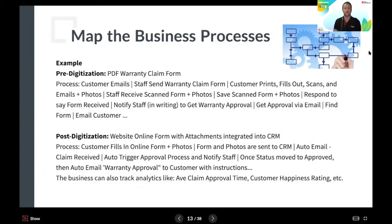All right. The thing to do is to map your business processes. Here's a quick example, and we can change it for the real estate industry. Before, with a tenant application form, or still today, people had to print it out. They had to fill it in. They had to get all their documents together, and sometimes they would scan their bank statements upside down, or you'd get a scanned document of 20 megabytes where they've thrown it all into one document. Also, maybe it wasn't legible because the scanner was terrible, and then it came in, and then you had to get the agent to go and do the credit checks and this and that. And it was just a very